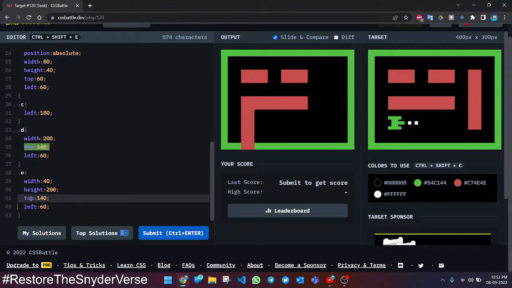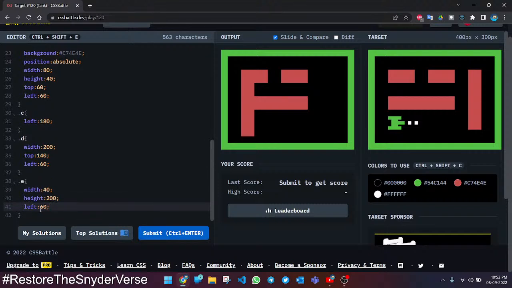We don't need to change the top. We need to change the left. 260, 80. Okay, let's make it 300. Okay, 300 is right. Let's do it 180 height. Yes, 180 height is right. Okay, we are completed